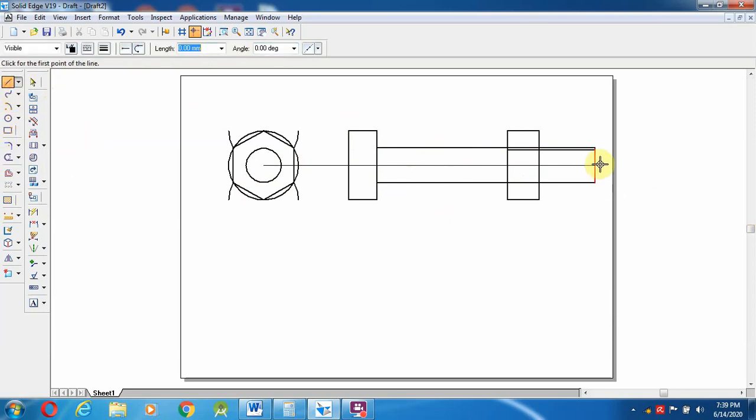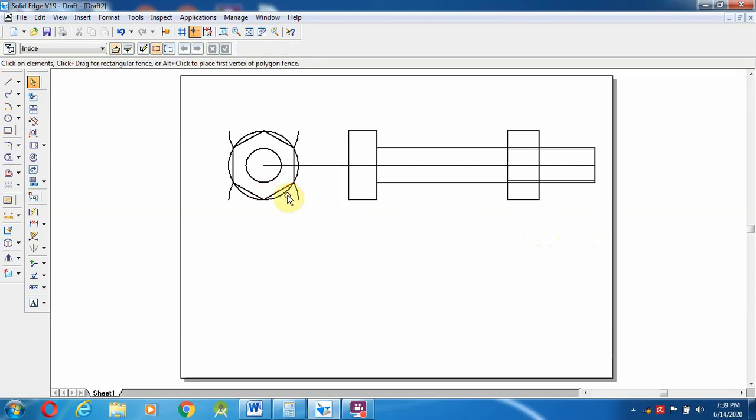Then on the other side, 10.8, enter, and from here a straight line. Then select the trim option, trim this as well as this one. After trimming these two lines, what is the symbol of a thread? One thick line followed by a thin line. So we have to make this a 0.13 mm line. Okay, whatever alteration remains we will do later over here.